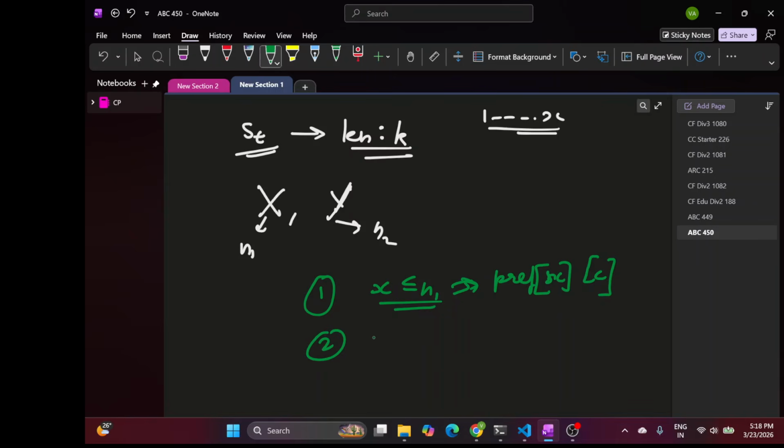And if x is less than equal to n2, then it is the prefix count of